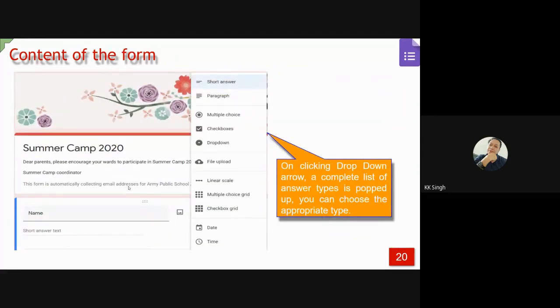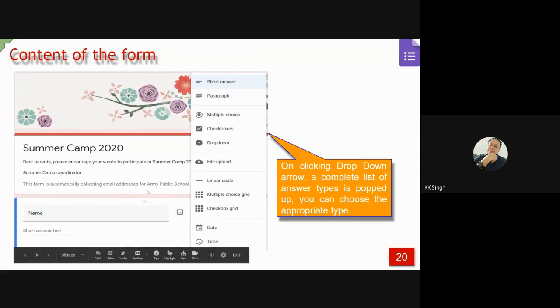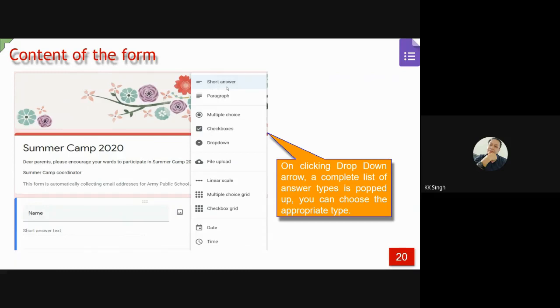Okay, while giving the question, what should be the answer mode? You can select it from here. Short answer, maybe a one word or two word answer. If you want to give the answer in a paragraph, it is applicable, but it cannot check it, like if you want to disclose the marks just after the submission of the paper. In paragraph, it is not possible. So you should avoid it. If MCQs are there, then this form is quite good.